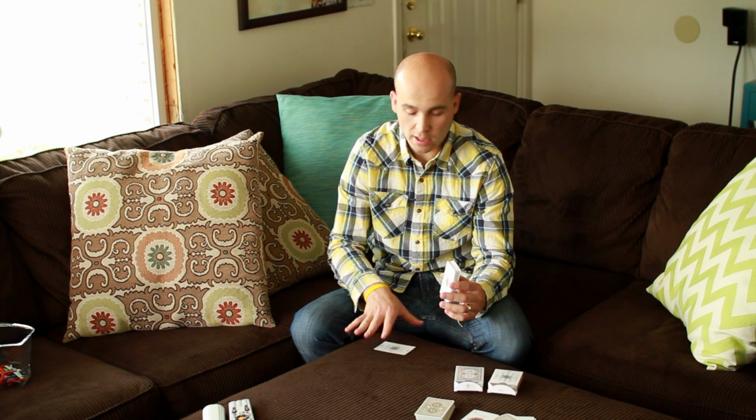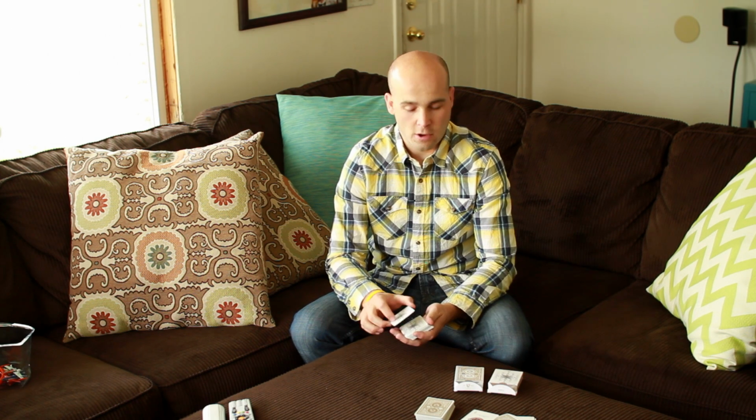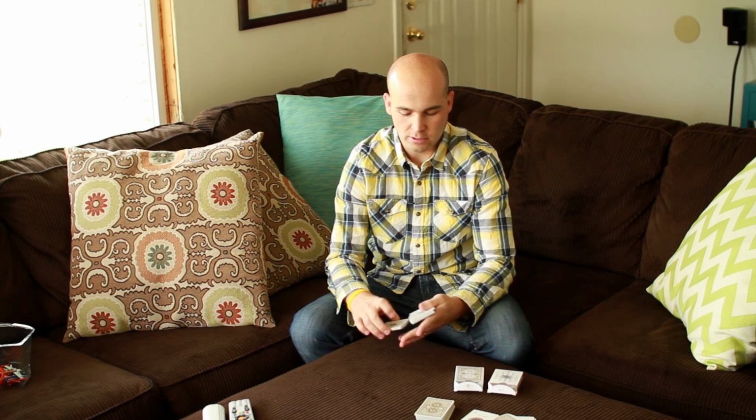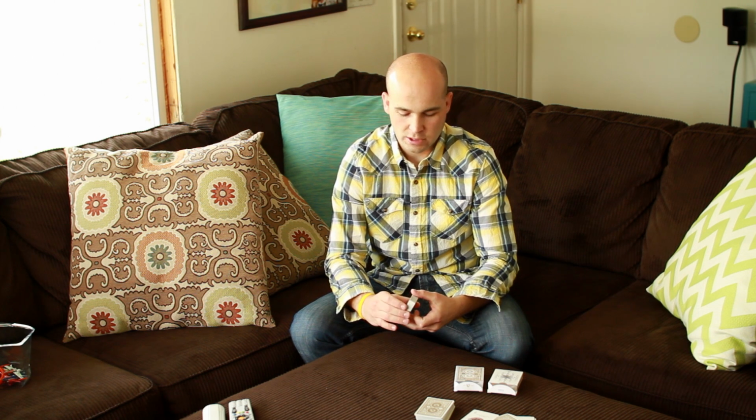And I haven't looked at this card yet, and I'm going to go through it with you guys and find this card before I look at it. So after they square the deck up and you square your deck up, the card that you pick doesn't matter, because really you're going to look for this card again when you get their deck. Have them put their card on top and then cut it to the middle. Now this keeps every card in the same order, club, heart, spade, diamond, except that one that they cut to the middle. I've cut it somewhere here, and then just have them cut it a few more times, high, have them cut another high or middle, whatever, you know, have them cut a low one,